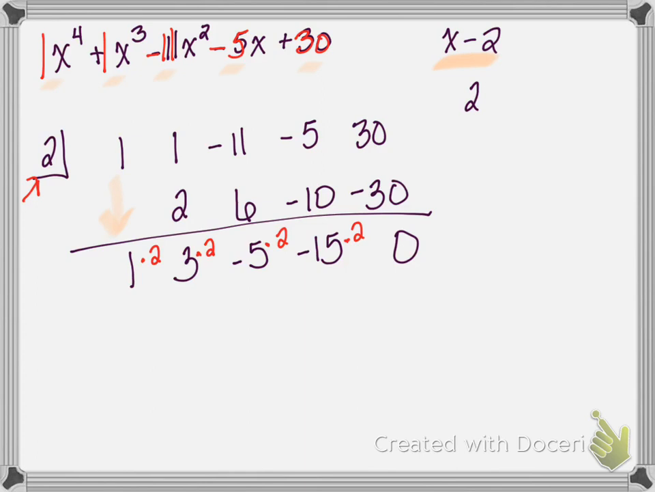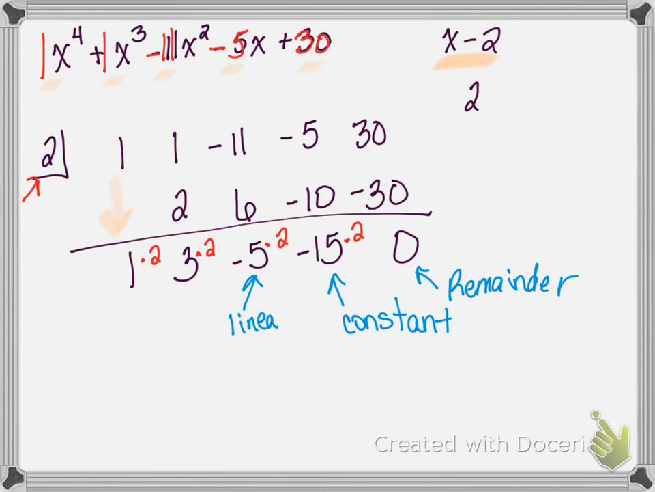So now, if you remember, my 0 is always going to be my remainder. Always, always, always. That's my remainder. This is my constant. Okay, this is my linear term. This is my squared term, or my quadratic. This is my cubed term, or my cubic. So my answer here is x squared